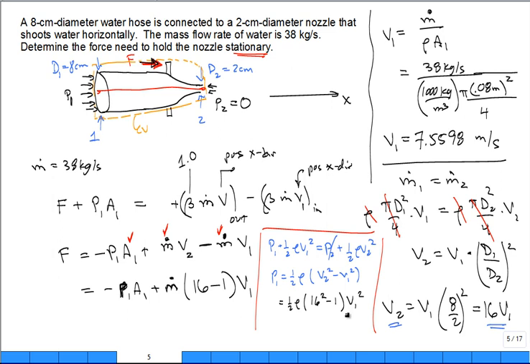And so you could almost forget the minus 1. 16 squared is like 256. Minus 1, 255, blah, blah, blah. So when you substitute numbers, you get 7.286